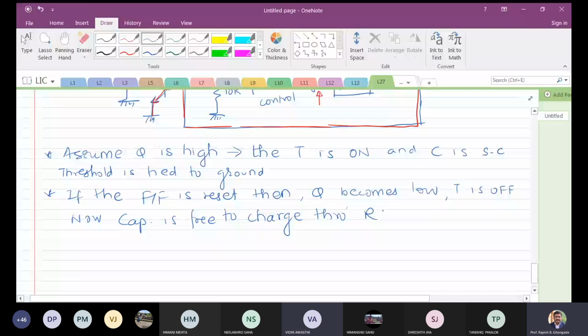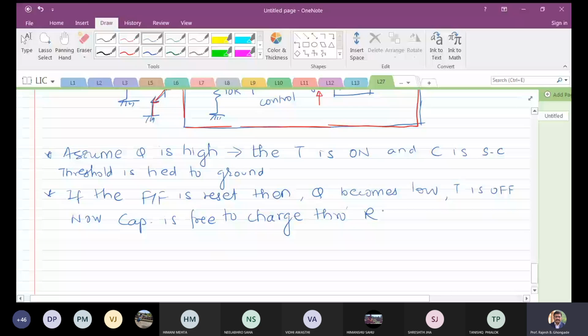This capacitor is now charging through R, and this voltage slowly rises. As soon as it rises slightly above 10 volts, what is going to happen? See, this is a comparator. Inverting input is tied to 10 volts. Non-inverting is this threshold voltage, which is the voltage across the capacitor. So as soon as this voltage slightly crosses more than 10 volts, the comparator is going